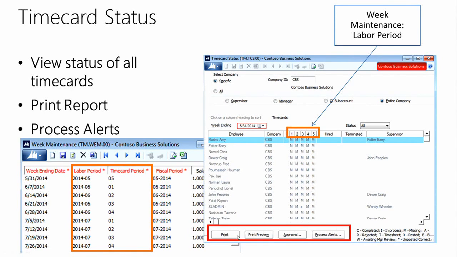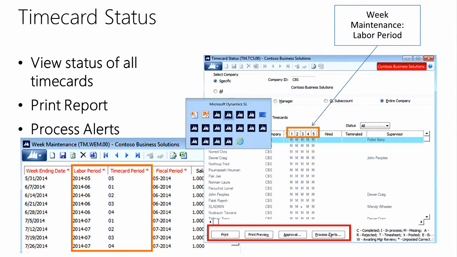We also have the ability to print or print preview from this screen. So whatever's on this screen, we can generate on a report as well. And if it's been approved, we can also process alerts. So the idea behind this one is that